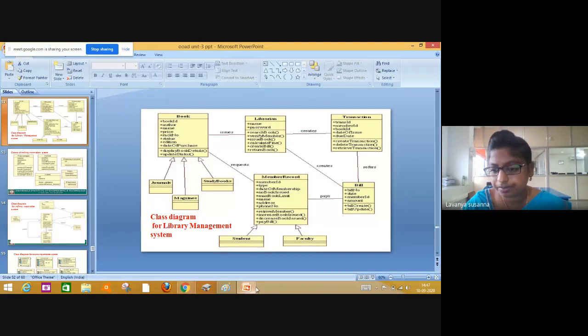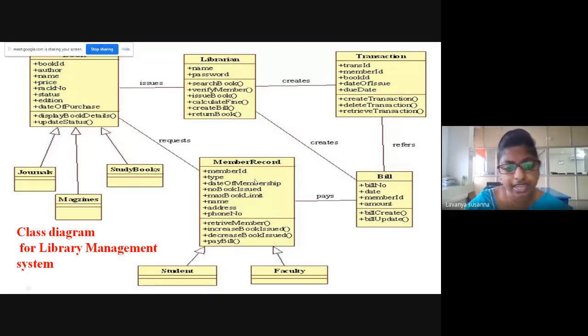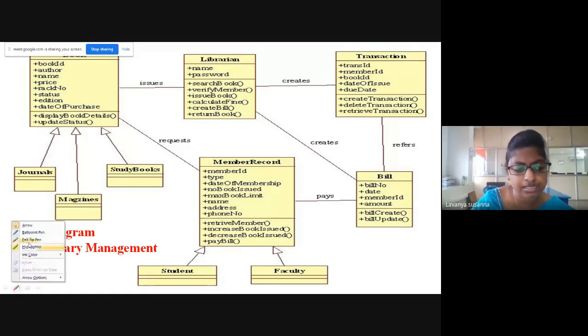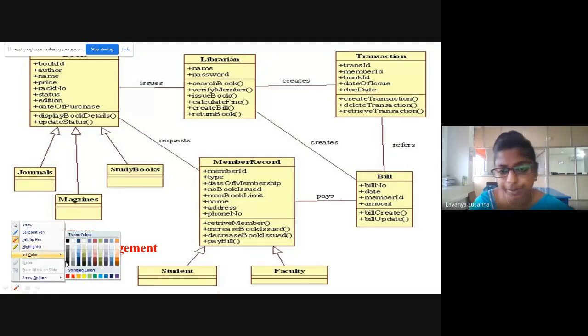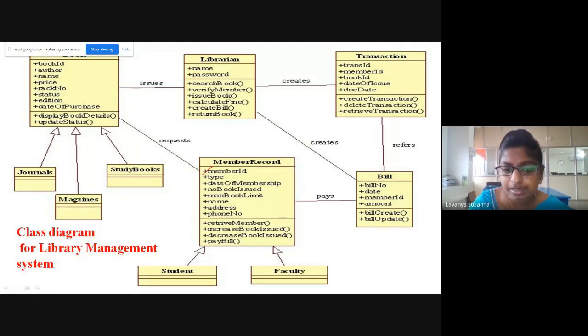One second. Now see here. Now identify the attributes of the member class. See here, attributes. Member ID. Faculty will have a member ID, right? Student will have some member ID, right?